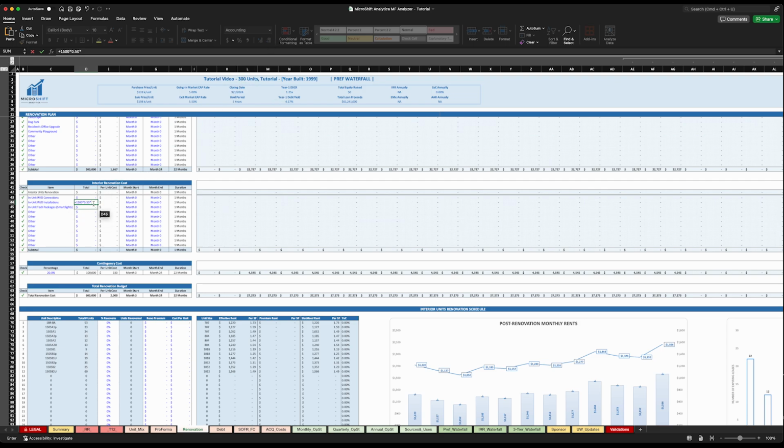I can either type in 300 units, or I do know that the number of units has been saved as a label. And if you just type in num, the number of units will come up. So the name ranges, if you select that, this is going to give you the total expense or how much it would cost to install 150 washer and dryer appliances at a cost of $1,500 per washer and dryer for